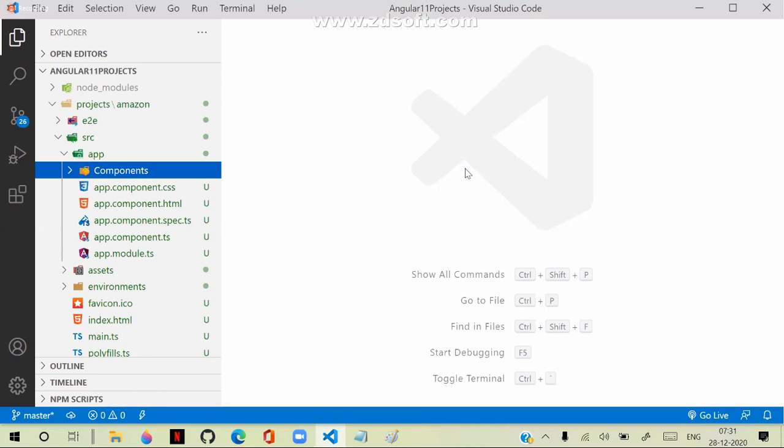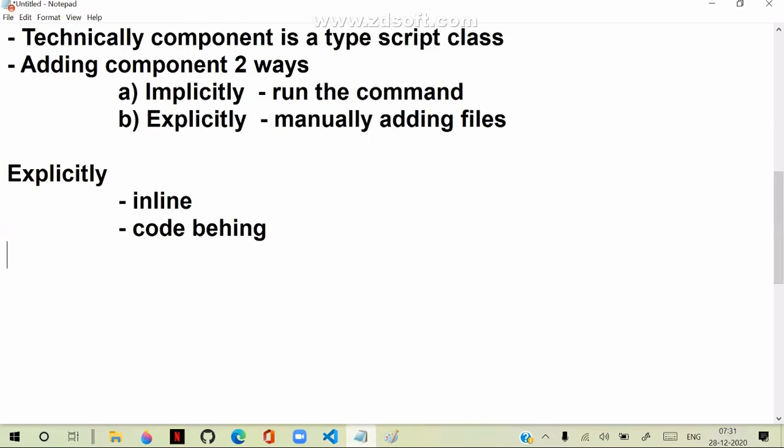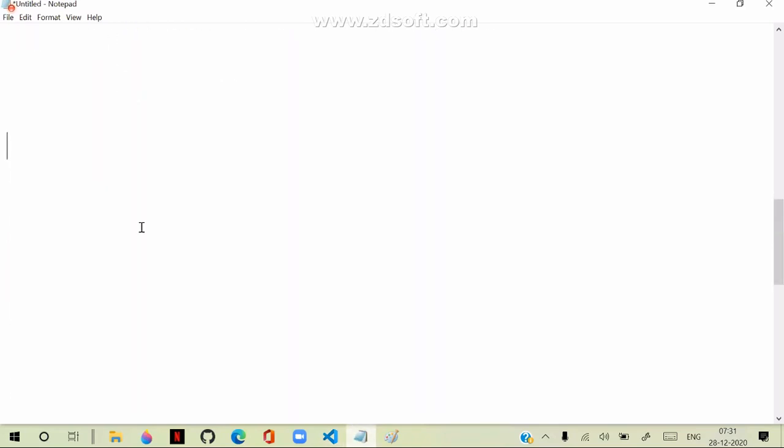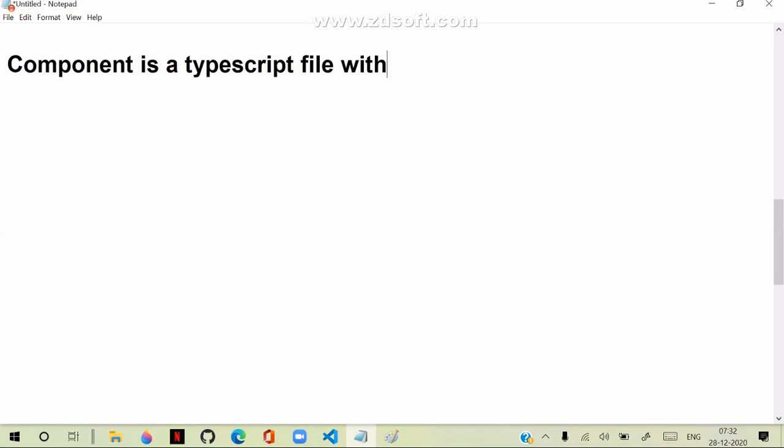Okay, I added a folder called components, and we want to add a component. So we are going to add a component explicitly. Technically, a component is a TypeScript file, with presentation, logic and design, especially when you are using the inline technique.